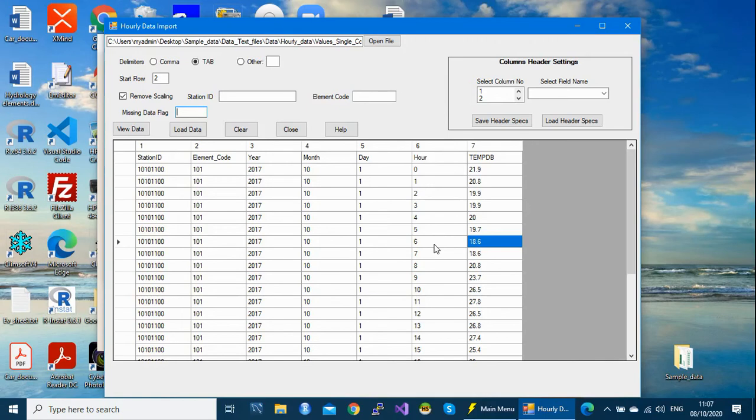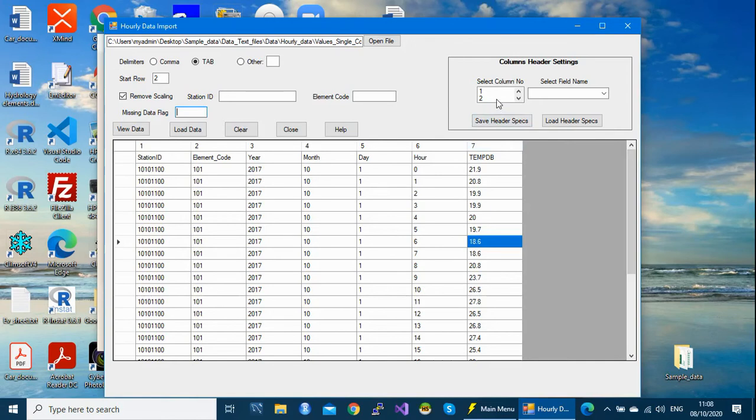Our next step is, if we look at the right side, there is this column header settings. This is where we are going to set our headers. As I said, by default, the system assigns an automatic number to each and every column, from column 1 of our data up to the end. But we need to instruct the system, I mean define our data now using the system.